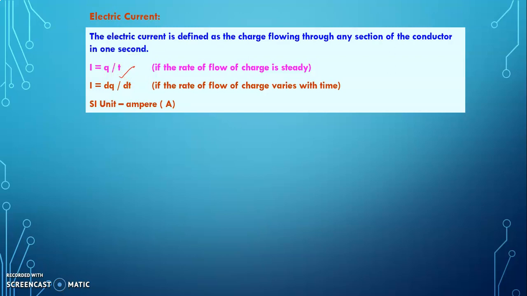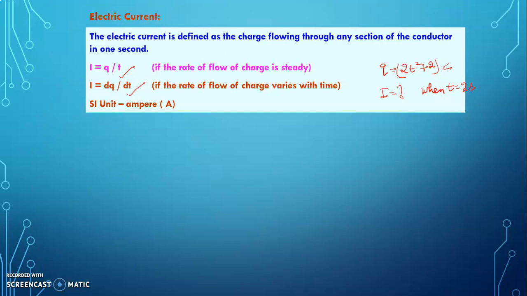And if the charge flow varies with time, then we can make use of calculus and calculate current as dq by dt. For instance, if you are given a charge expression like this in coulomb, and the question is to find the amount of current when time is 2 seconds, what I can do is differentiate it once and then substitute the value of time. This is how we calculate the current. This is one of the methods, not the only expression we use for calculation of current. It is used when we know the amount of charge flowing and the time it took.